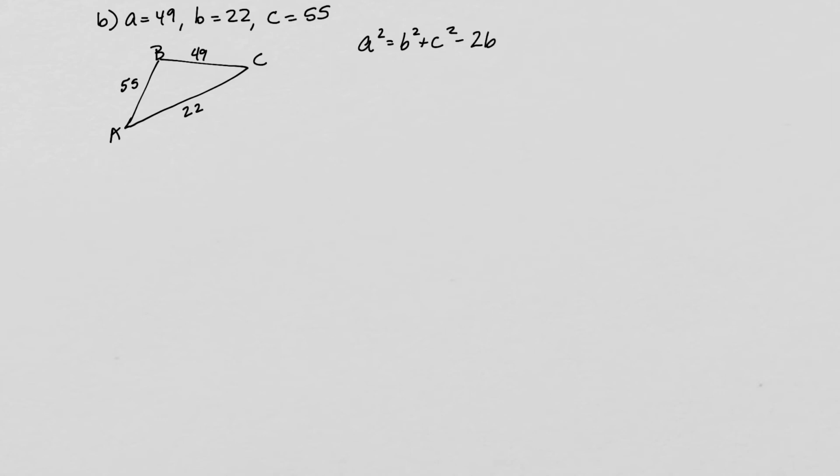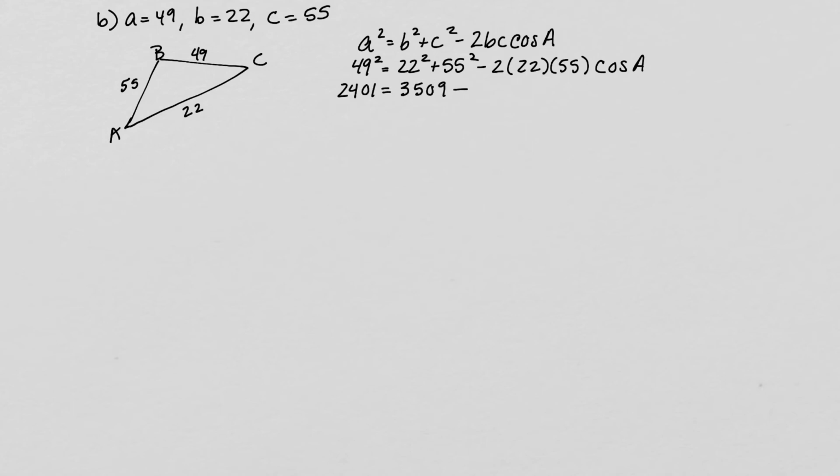Minus 2bc cosine of A. So we're going to end up with 49 squared is going to be equal to 22 squared plus 55 squared minus 2 times 22 times 55 times the cosine of A. So in this case, this is 2,401 is equal to 3,509 minus 2 times 22 times 55 is 2,420 cosine